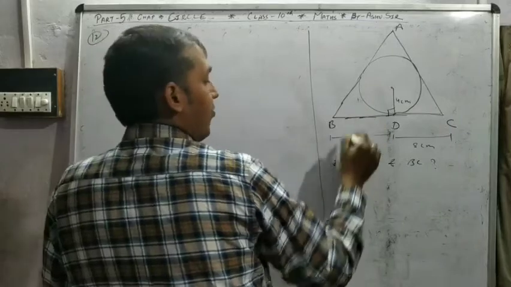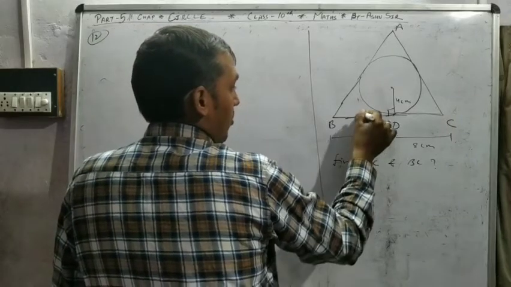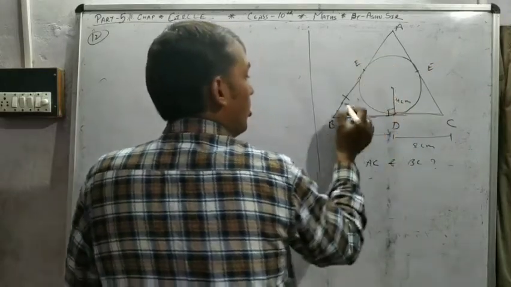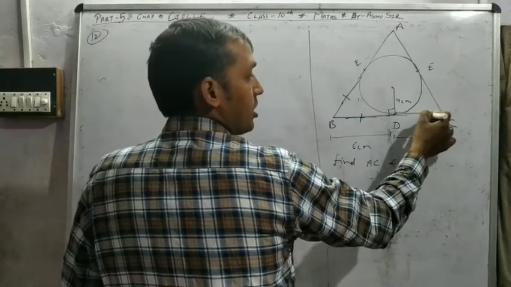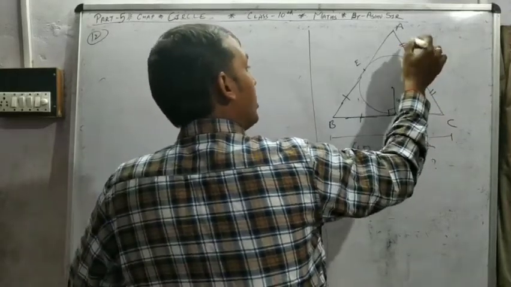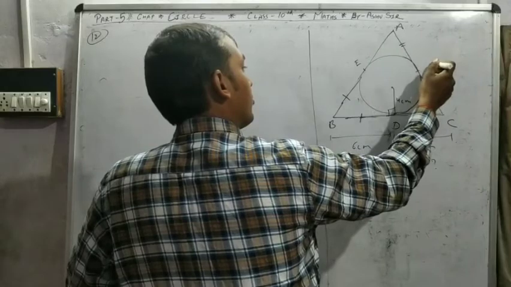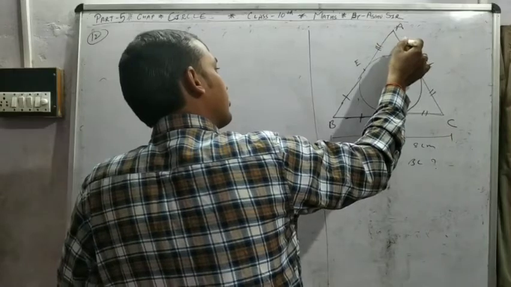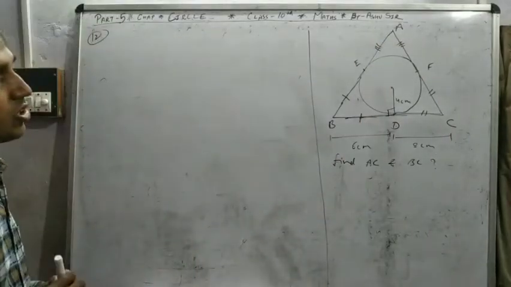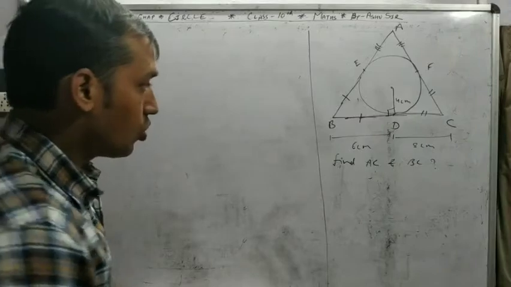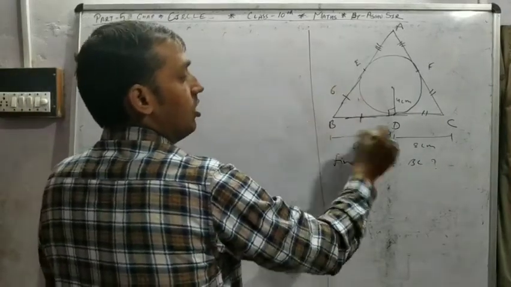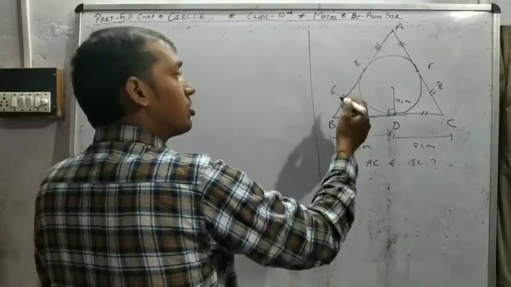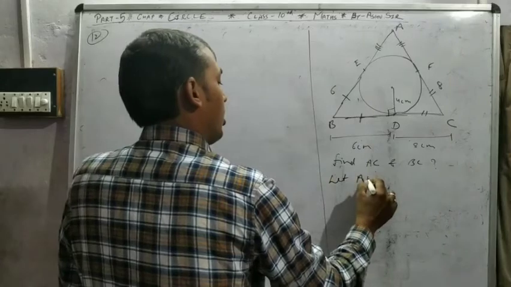Let's see. If I say BD equal to BE, DC is equal to EC and AF equal to AE, because tangents drawn from external points are equal. So if this is 6, this is 6, this is 8, this is 8, AE and AF we don't know, so we can suppose that let AE,